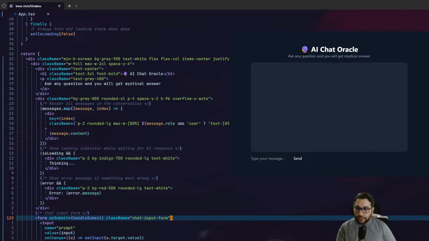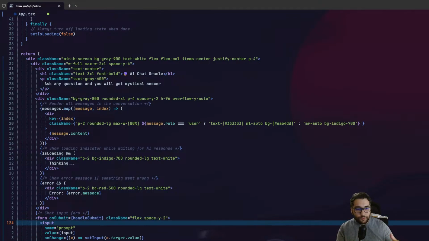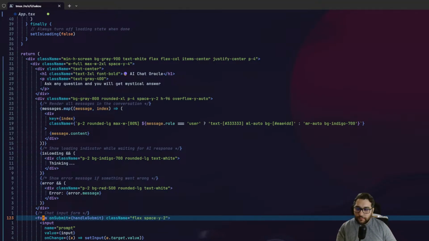Right now I want to actually finish this form part. And the form could be really easy to handle. It's just a form, right? So it's just a flex with the spacing here. Let's do flex and do the space y of 2 maybe. Yeah, because we need to get the input away a bit from, or you know what? This needs to be actually of an x because we need to get the send away from the input text, right? And here in the class name, we should put like,